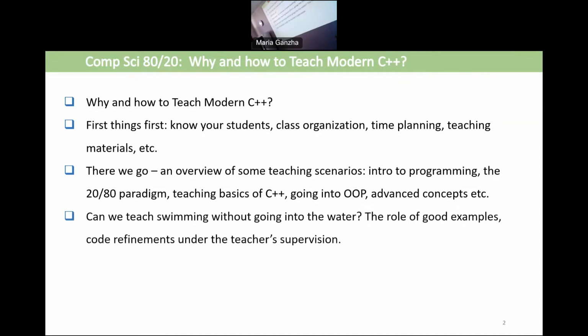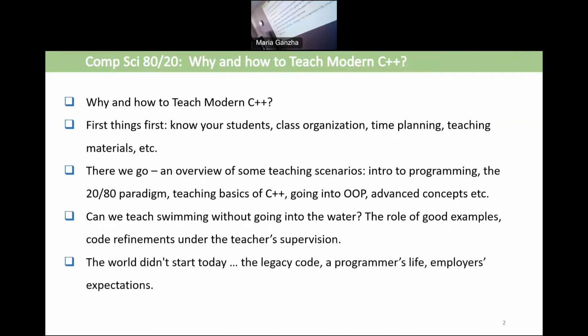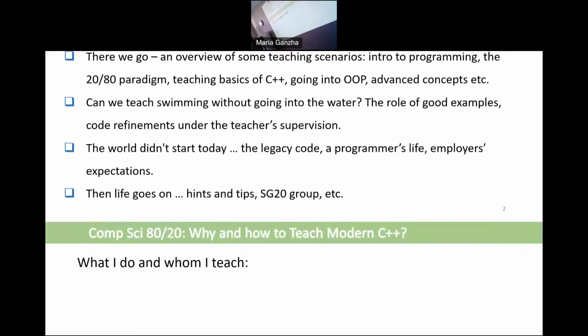What is also important is how to provide good examples. My previous talk about Forth programming was just one of the examples of elaborated examples for students. And also how to cope with legacy code, with 50 years of C on the market and code left after these years of programming. How to cope with this, how to prepare students or make them aware of this. And some hints and materials at the end.